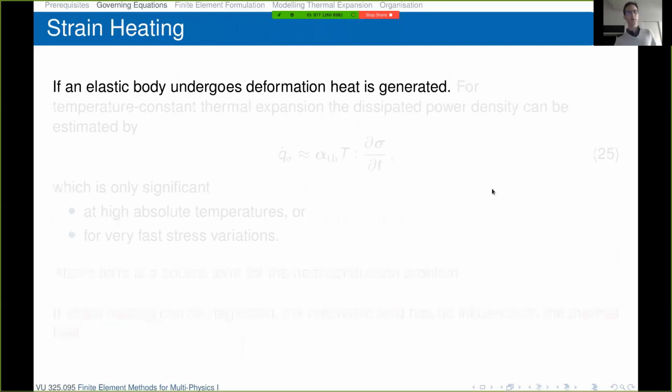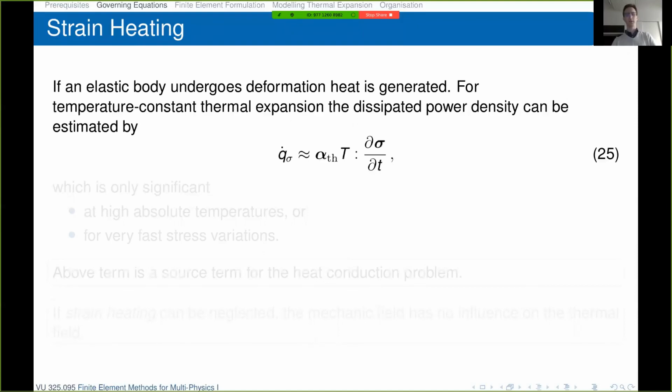Another phenomenon that has to be discussed when modeling thermal extension is the phenomenon of strain heating. So if an elastic body undergoes deformation, we know that heat is generated. You can see this when, for example, rubber dampers are heated up during operation. And this phenomenon can be described in the simplest case for a temperature constant thermal expansion tensor by